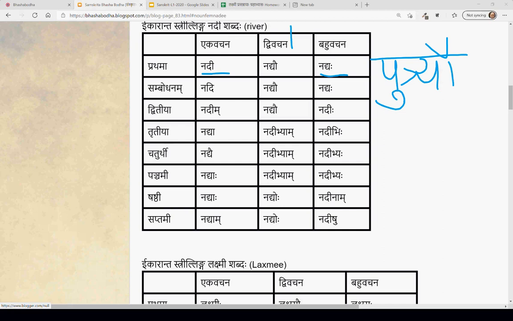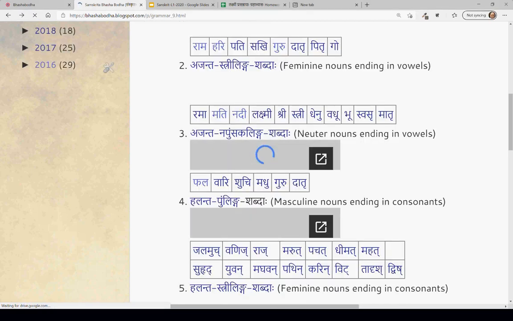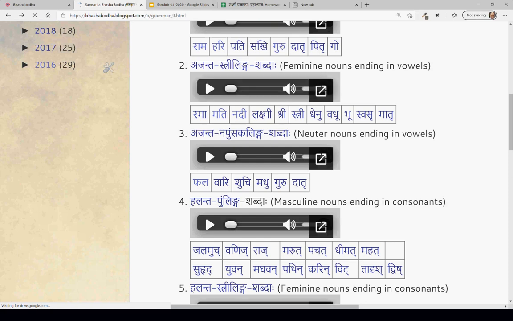So when it comes to Shashti Vibhakti, you know the table here, right? As per the table, what form is Nadinam? So again going back to Akaranta Pullinga Shabda. So we'll start with the